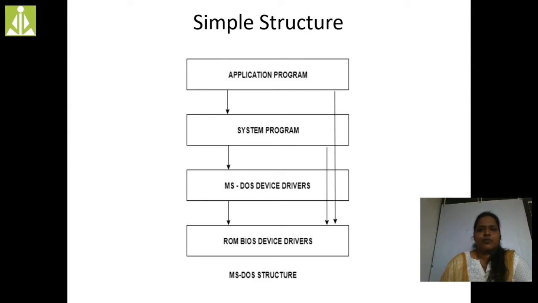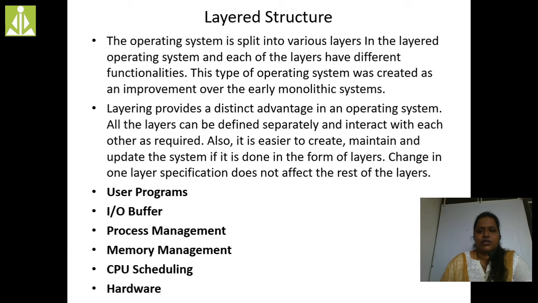So in order to overcome that drawback, we have gone for the layered structure. In the simple structure, there are no layers. Everything is stored in a single place. We do not store some data in one place and some data in another place. If anything crashes, the whole system crashes, or the entire data is lost in the simple structure. In order to overcome that drawback, we have gone for the layered structure.